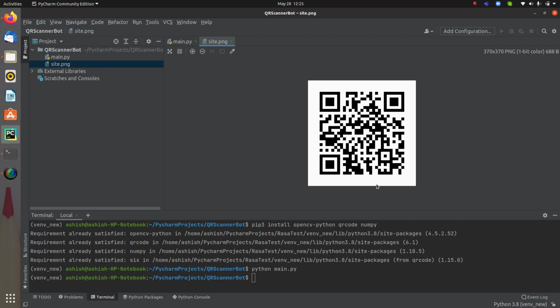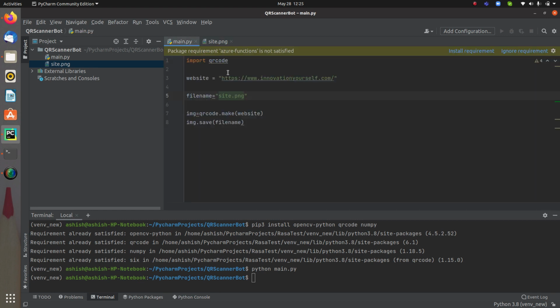Now the next thing is that right now I have created this for a website, and that website was my website, but I don't have my chatbot deployed over there. So the next thing is that I first have to set up my chatbot, and I have to set up a website where my chatbot will be deployed, so that finally I can create a QR code for that, and accordingly I can talk to the bot based on this, right? So let me just do it very quickly for you.